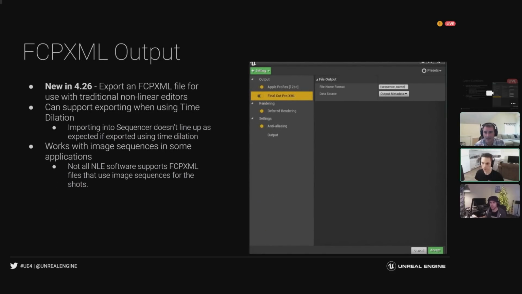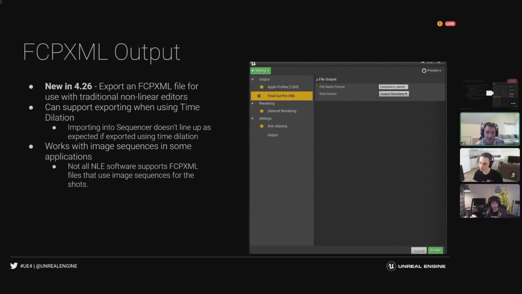Andy's going to go ahead and talk about the XML output for us. Yeah, so we've added support for FCP XML output. This allows you to export your media out of Unreal in this Final Cut Pro XML format. It doesn't mean that it's necessarily for Final Cut Pro, but it's a standard that a lot of nonlinear editors use.